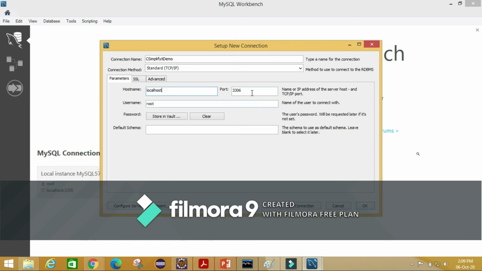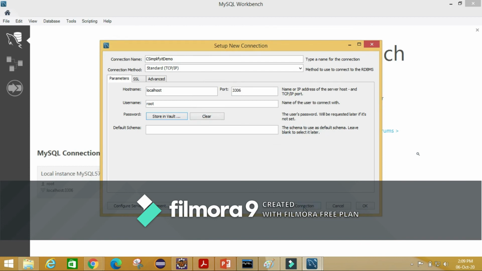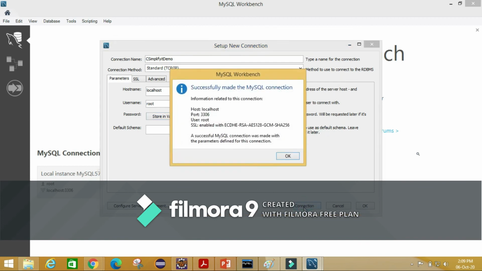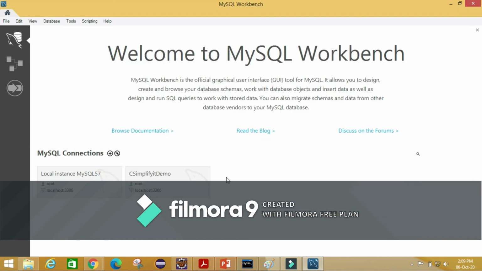The port number is 3306. Now I will write the password here and store it in a vault. Click OK. Now click on test connection. Successfully made the MySQL connection. In this way we have created a MySQL connection. Click on OK and finally click on OK. You can see that the Simplilearn demo connection is created.